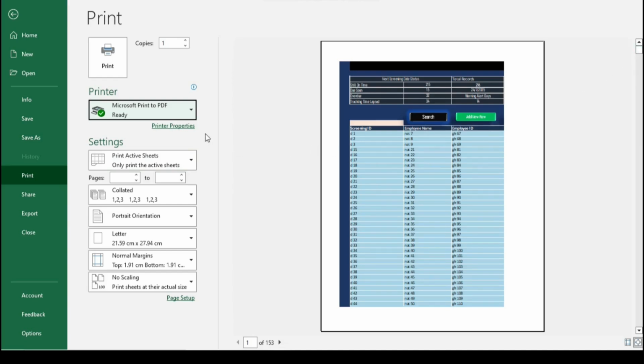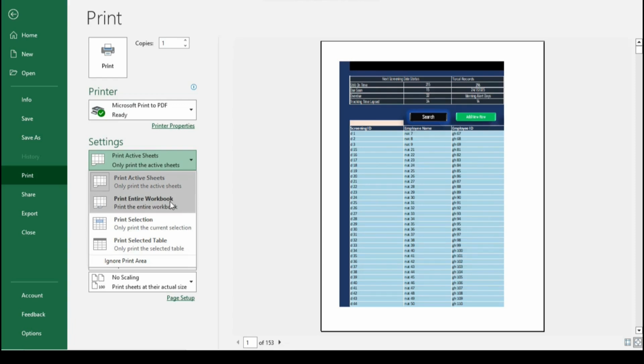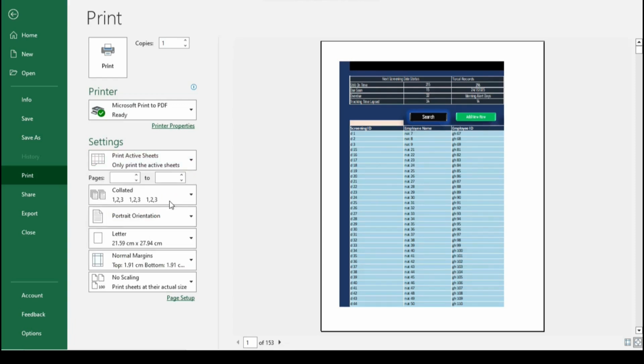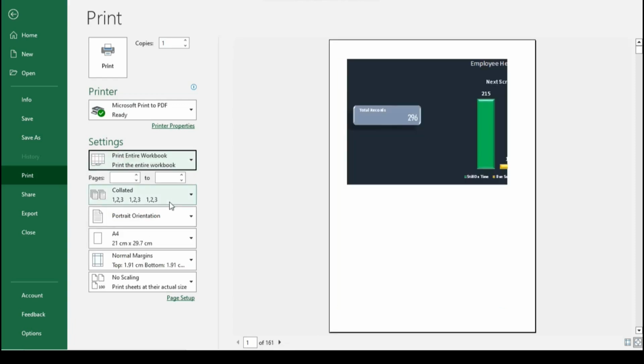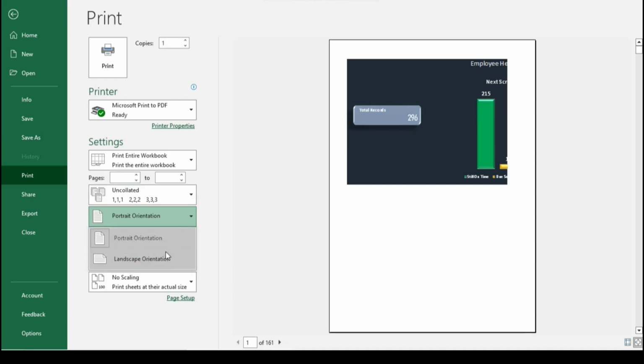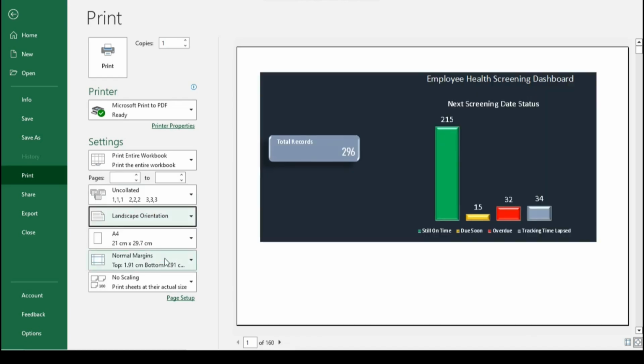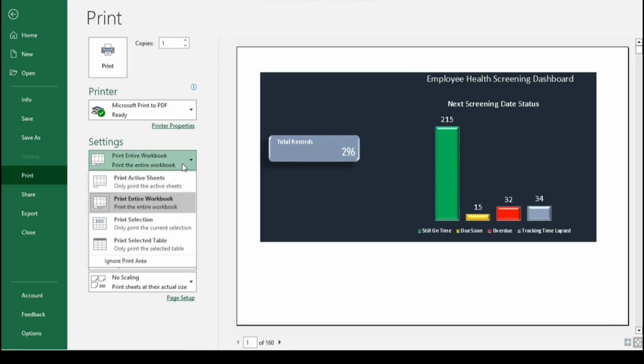First, ensure your workbook is open, then press Ctrl and P to open the print dialog box. Select your printer or choose Microsoft Print to PDF if you want to save it as a PDF. You can adjust settings such as orientation and scaling options, and you will see a preview of how your document will appear when printed. If you have a large dataset, it is unlikely that everything will fit on a single